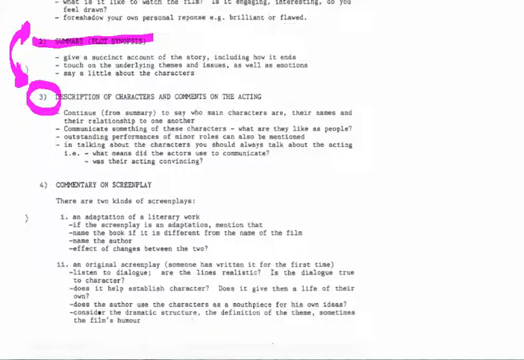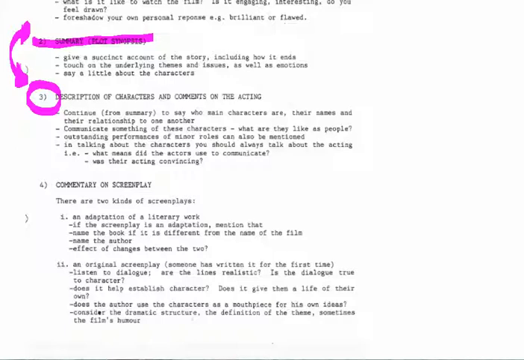So, brief plot synopsis just tells me what's the key stuff happening. Don't give me a full story retell of and then this happened, and then that happened. Just tell me the central action of a film. For example, the central action of Fast and Furious 5 is that the crew get hired to do a job that they can't afford not to do, and so they get the whole gang back together to do it, and fun ensues. That's it. It's that simple.